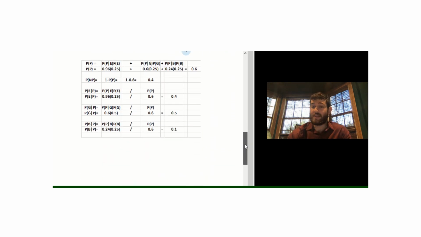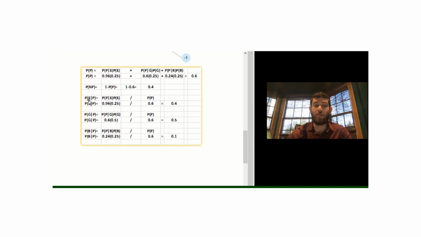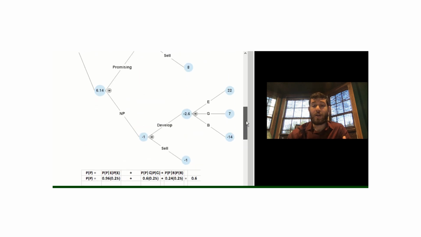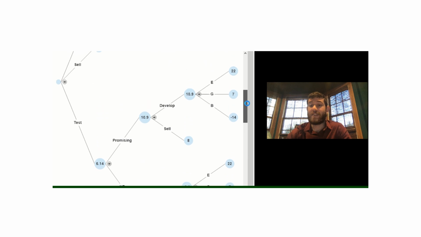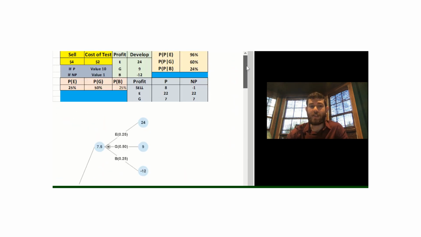Well, it would be the same thing, but instead of a probability of E given P, we would do the probability of E given NP, and we calculated NP to be 0.4. So again, that would be probability of NP given E times probability of E divided by probability of NP. And you would calculate the not promising results and probabilities that way. Because of this, we'd be able to see, do we stand to make more money from a test or not? And that's how Bayes' theorem can make us money, because if we have the option to sell for some money,